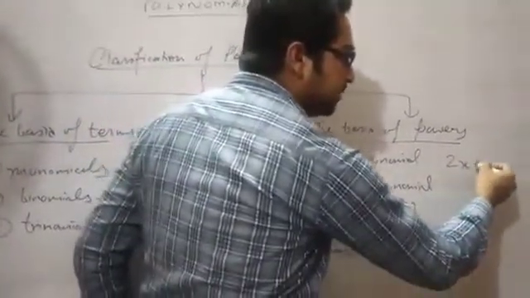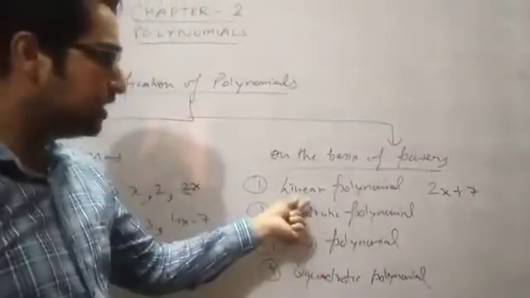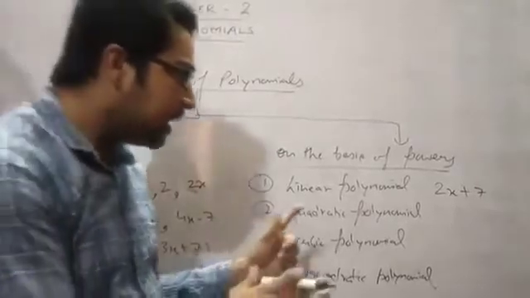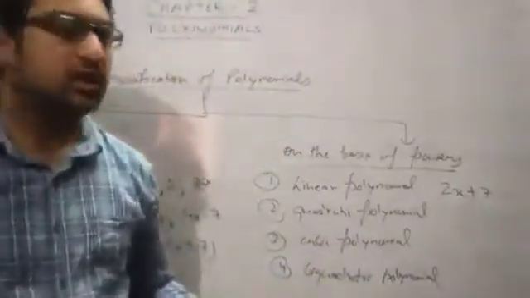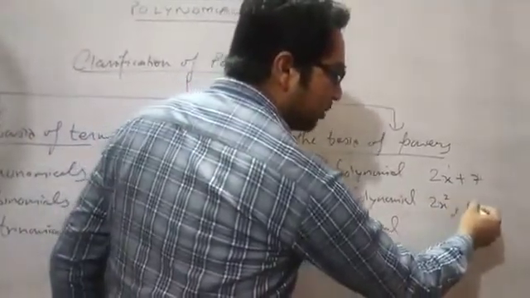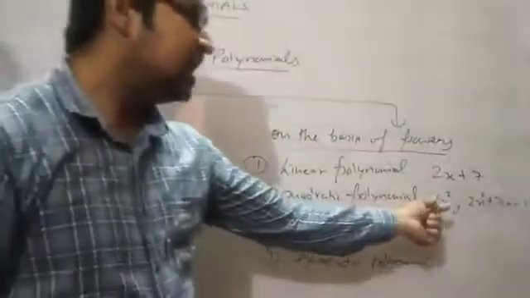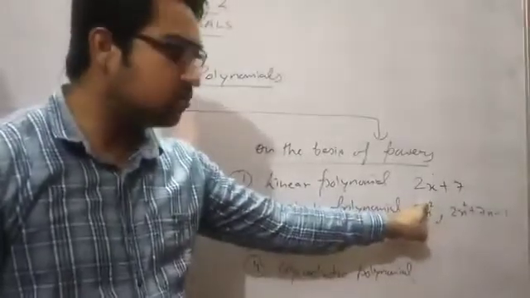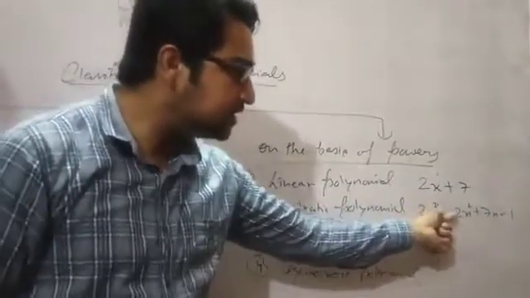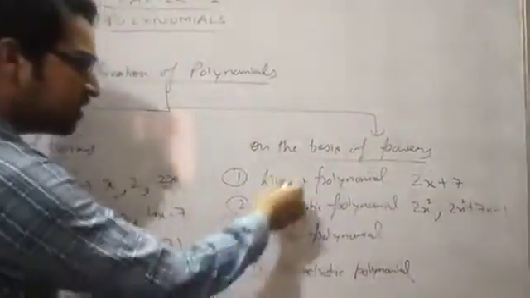Like 2x plus 7. Here we see x raised to the power 1. Only 1 is the power, so it is called the linear polynomial. अब यहाँ पर कितनी टर्म्स हैं वो कोई कंसीडर नहीं करते हम, केवल हम ये देखते हैं इसकी पावर कितनी है वेरिएबल्स की. Only one is the power, so it is called linear polynomial. Quadratic polynomial like 2x square or 2x square plus 7x minus 1. These types of polynomials having the highest power of variable 2 are called quadratic polynomials. अब उसमें terms कितनी है doesn't matter, केवल यहां पर देखेंगे highest power 2 होनी चाहिए. That's why it is called the quadratic polynomial.